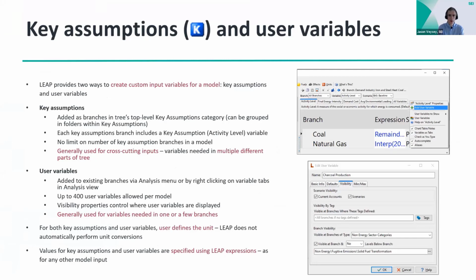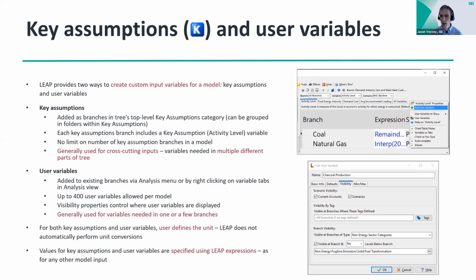Let me move on to a couple of other overall modeling capabilities. So this first one is about custom input variables. We've already seen key assumptions, and I've mentioned that they're custom input variables that you can put into a model. And those key assumptions get added to the top level key assumptions category, or top level branch in the tree. You can group your key assumptions within folders. There's no limit on how many key assumptions you add to a model. And when you add a key assumption, you have to specify the unit for that key assumption,